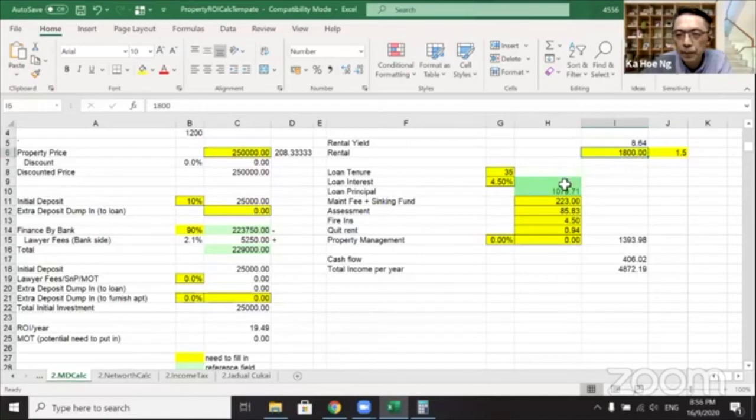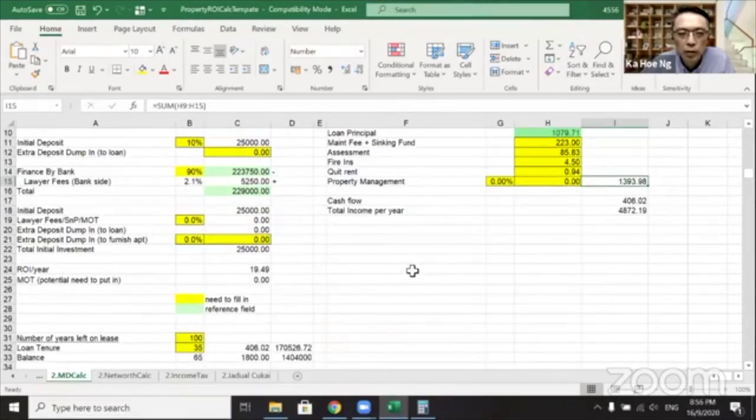1,800 ringgit minus off the installment, minus off the maintenance fee, sinking fund, assessment, fire insurance, quit rent. It comes out to 1,004. So basically, you have a 400 ringgit positive cash flow. Another thing which I wanted to draw you to is